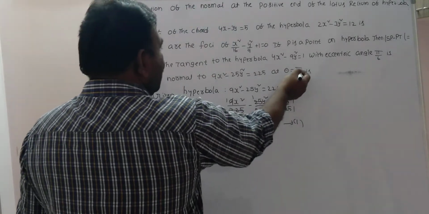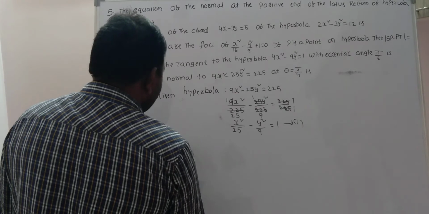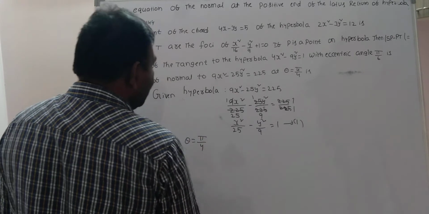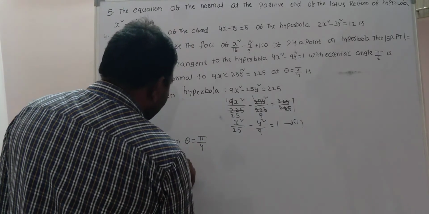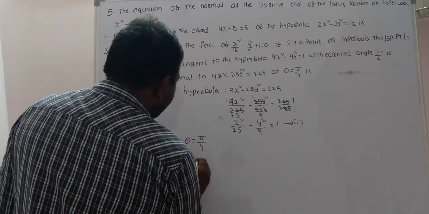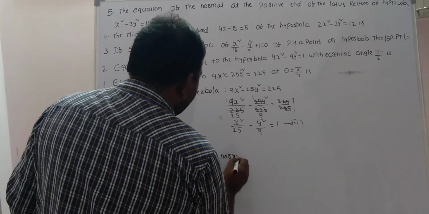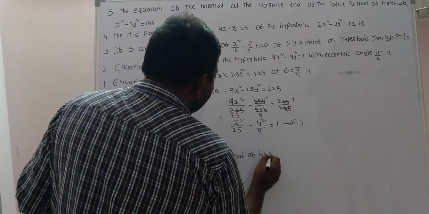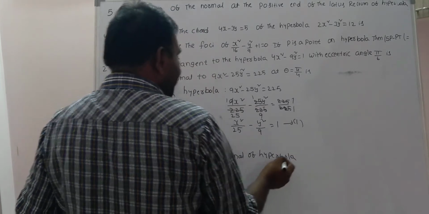So we use theta equal to pi by 4, given. So here the equation of normal of the hyperbola,